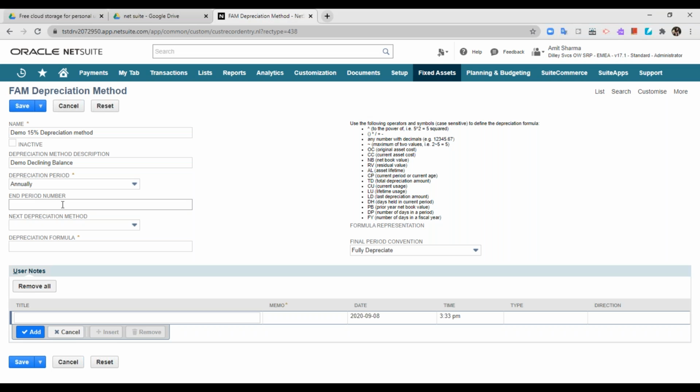Now this is the end period number, and the next depreciation method implies this: sometimes it happens that I would like, in the first year of depreciation, the 15% depreciation method to depreciate the asset. Now after the first year, for the next remaining life of the asset, it can be 3 years, 4 years, depending on the asset on which this method is applicable, on the next 5 years, 4 years, whatever is the remaining life, I would like it to depreciate the asset